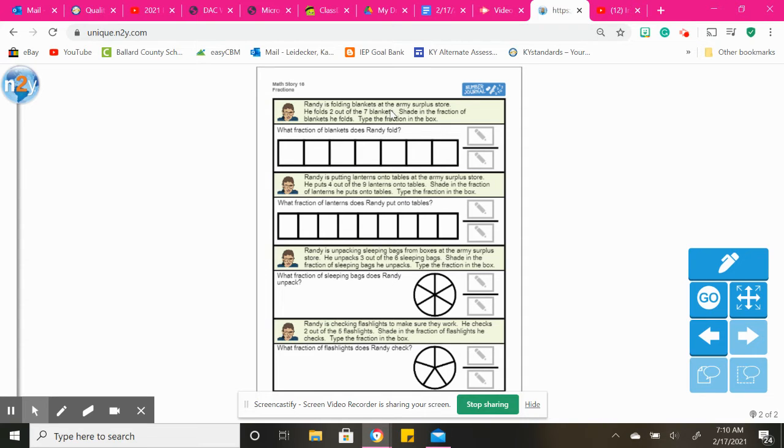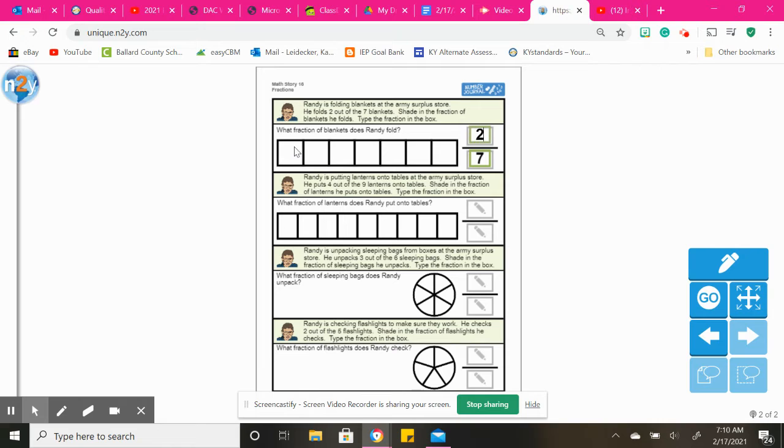So here we have Randy is folding blankets at the Army supply store. He folds 2 out of the 7 blankets. So first we know that there are 7 blankets in the whole, so our denominator is going to be 7. And then he folds 2 out of the 7, so that's going to be 2/7. And then it asks us to shade the fraction of the blankets he